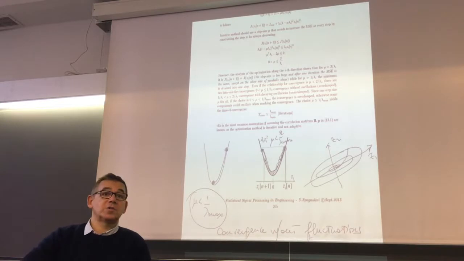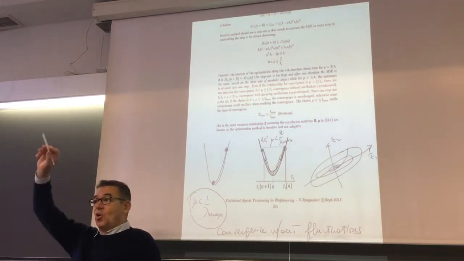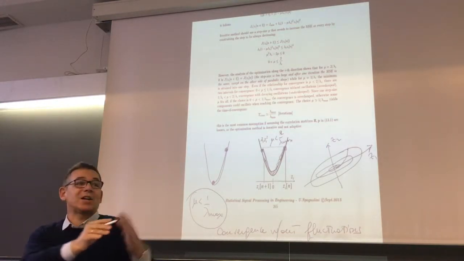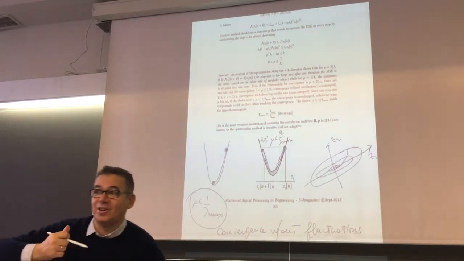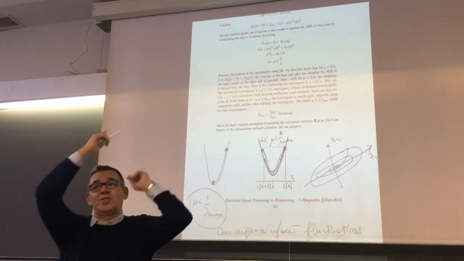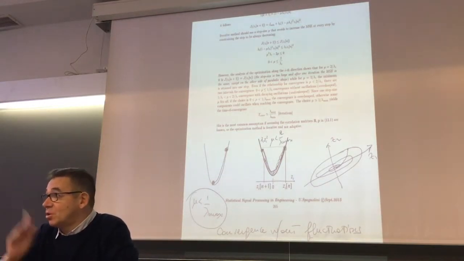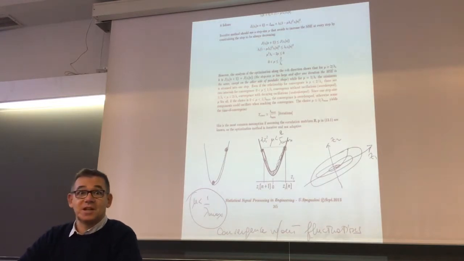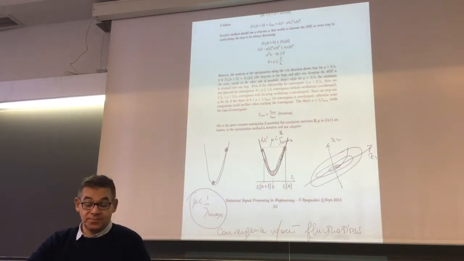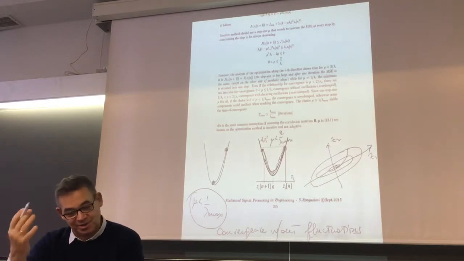Convergence without fluctuation means I don't go down, get close to the bombardino, which is the drinking, and then go to the other side. I want to go straight there, which is minimizing the energy spent to reach the bombardino.